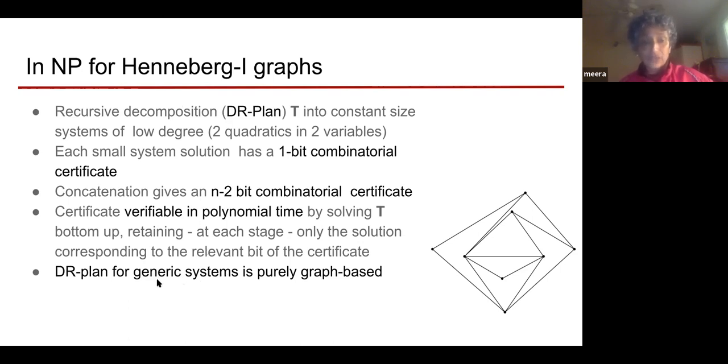Okay, so the key thing here is that the way in which we did this is we have a way of decomposing the original graph into a whole sequence of smaller graphs, starting from just an edge, and then one triangle, another triangle, and so forth, 1 vertex at a time. It's a recursive decomposition of this large graph into successively smaller graphs. You could think of it that way, or building it up from the bottom. And you can do that purely using just the graph, and that combinatorial plan that you get then allows you to do the algebraic work of actually solving